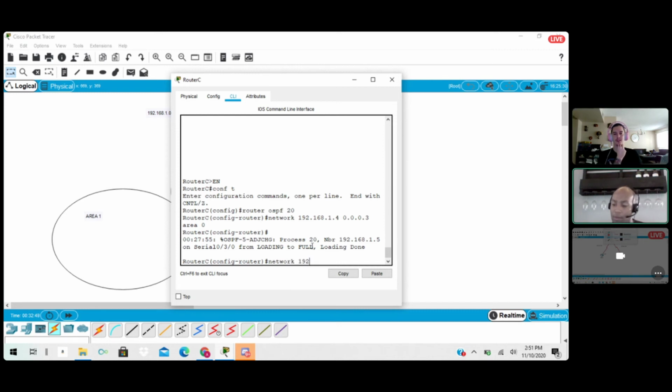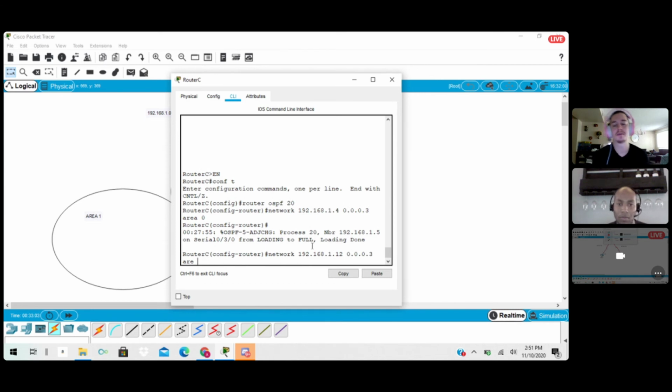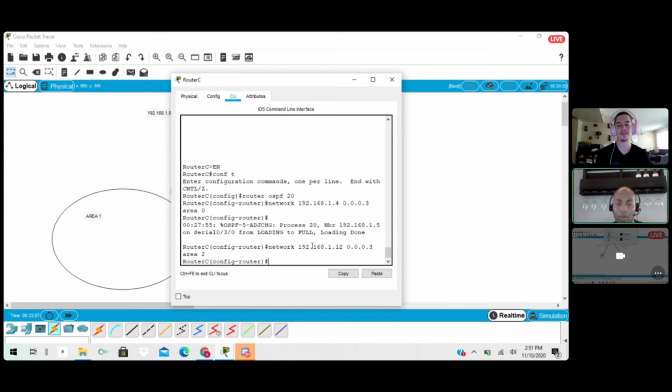Network 192.168.1.12, and then same wildcard mask, and this will be area 2. Yeah, and then now if you press exit